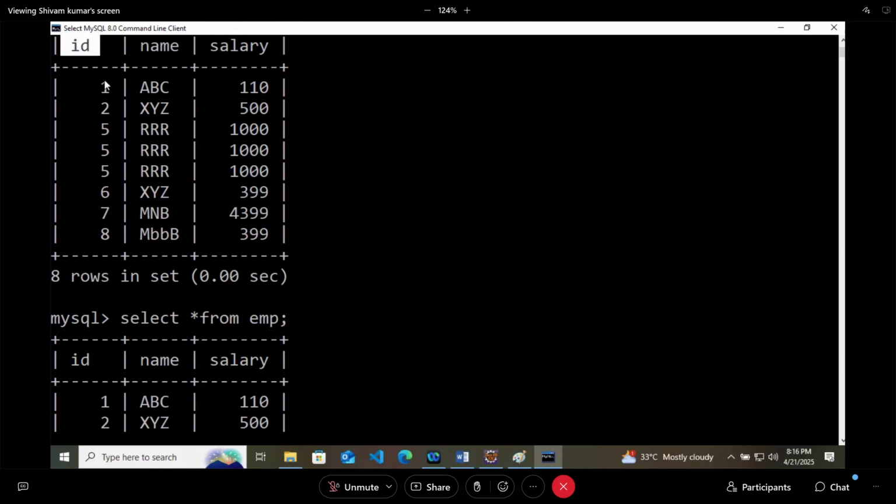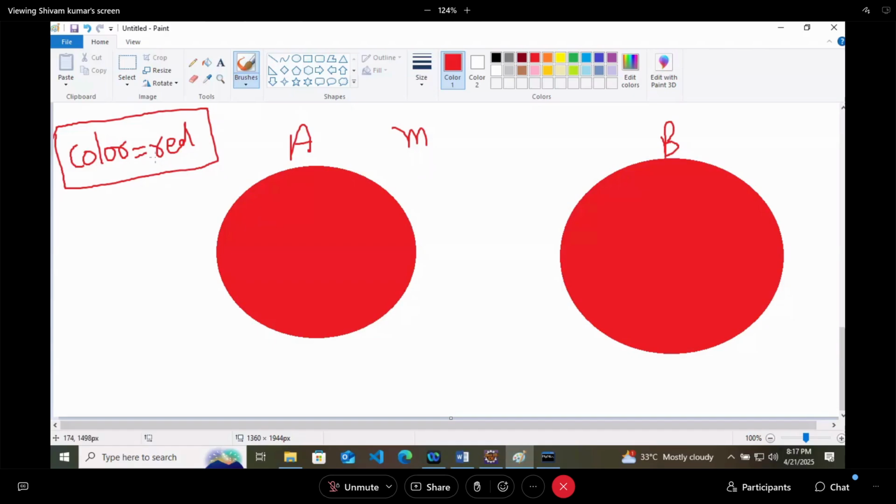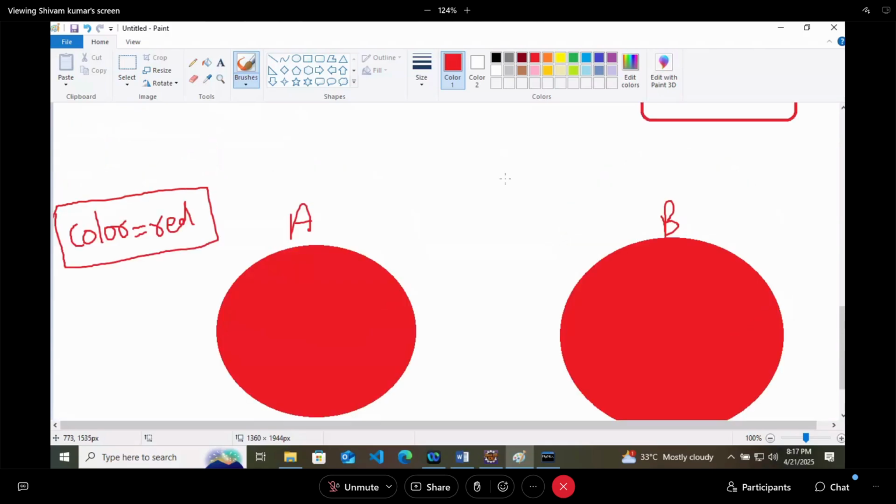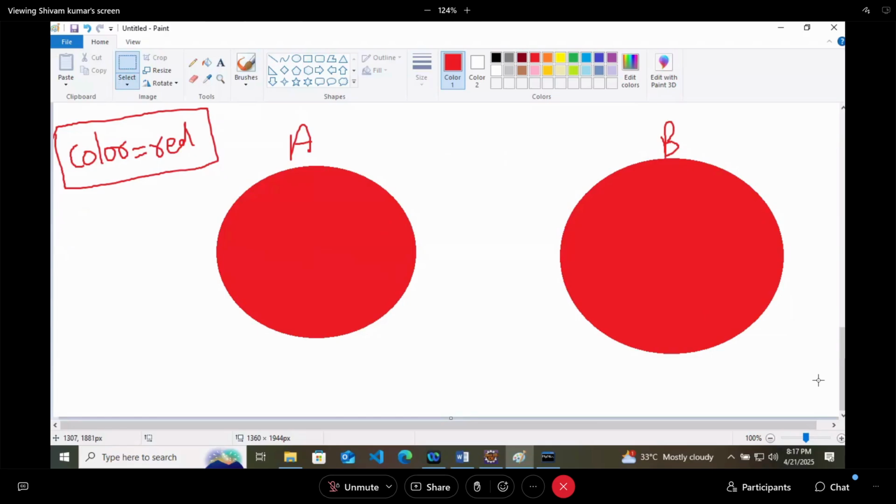Generally the ID we write as primary key, so that duplicate values are not there. But if there are duplicate values, the operation is going to be performed on all. The reason is, if I say go to the table and bring the red apple, and both are red, which one will you bring? Both. So that is why both are getting deleted.